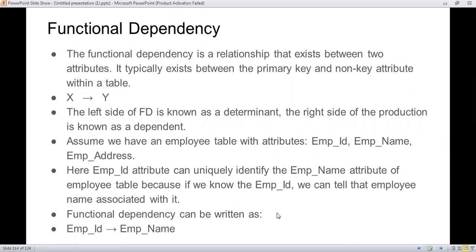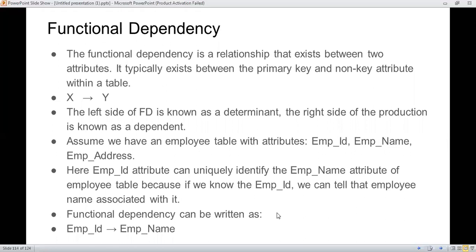That phenomenon is known as functional dependency. The proper definition is a particular relationship that exists between two attributes, which is known as functional dependency. It typically exists between the primary key and non-key attribute.